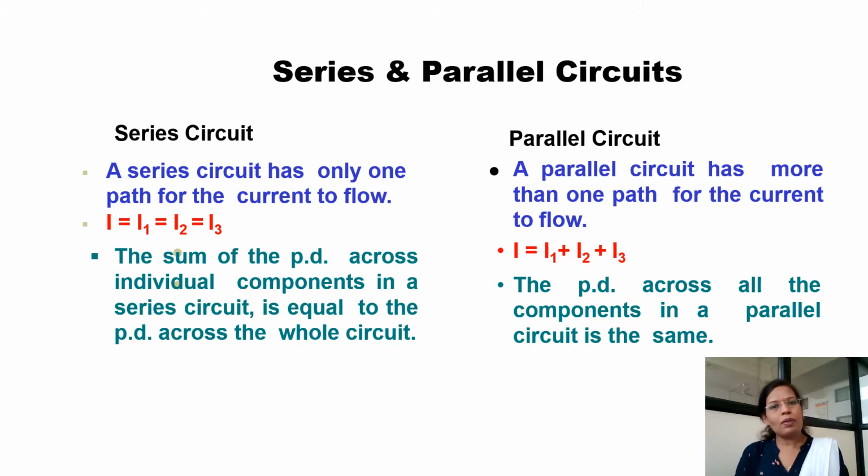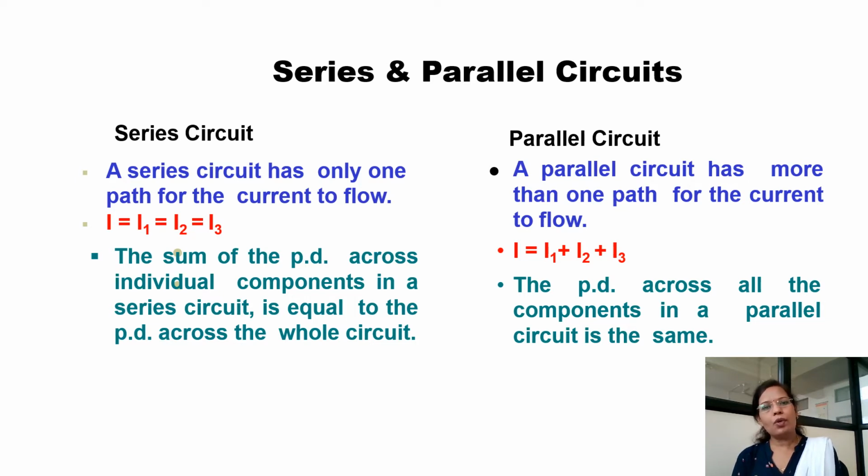A circuit is said to be a parallel circuit if all the components are connected in parallel with a voltage source. Here what will happen? The current is divided into the parallel paths. Therefore, if the total current is I, then the current is divided into the parts like I1, I2 and I3. Therefore, the total current is the addition of all these currents.